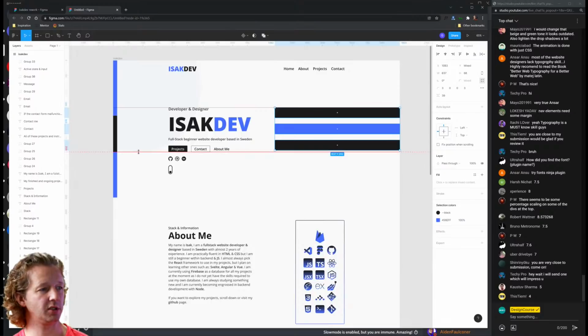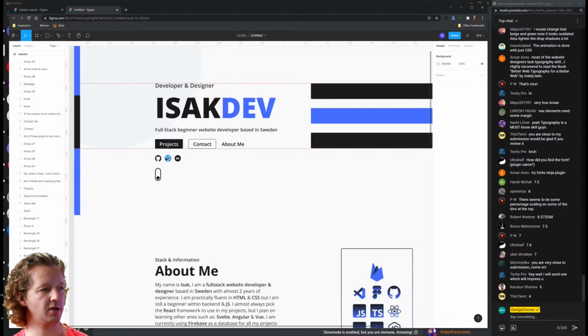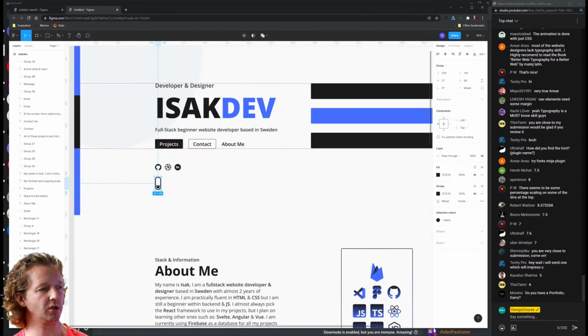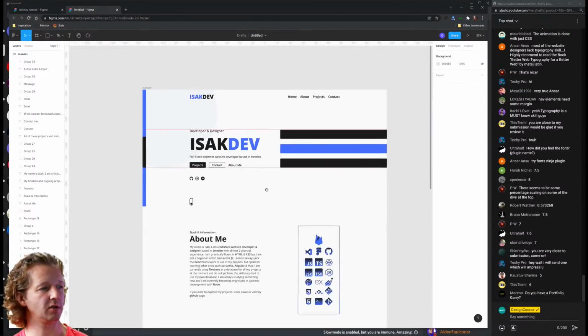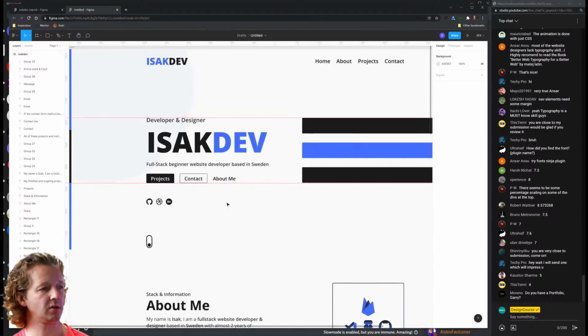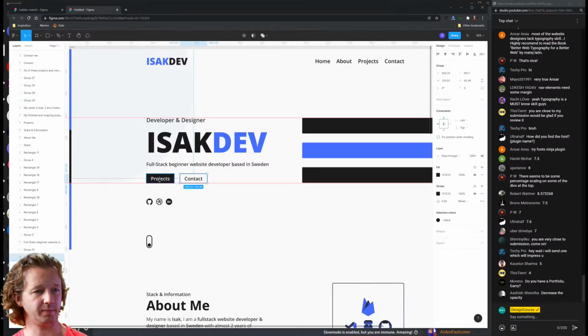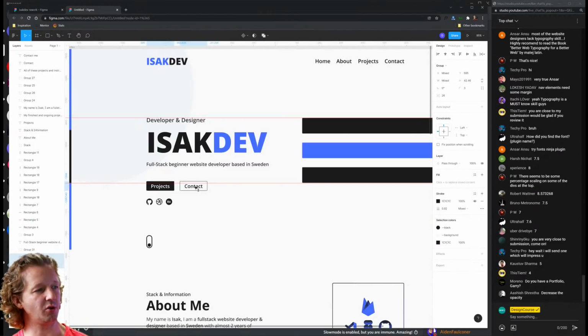So if we take this, move this here. All right, and then this right here needs to be adjusted. So this is too far, or too close rather. So we move these over, move these away from each other. I don't like having an about me right here. You only want to have a primary call to action and a secondary. Also, we would want to adjust other things about this. That was a little bit too close.